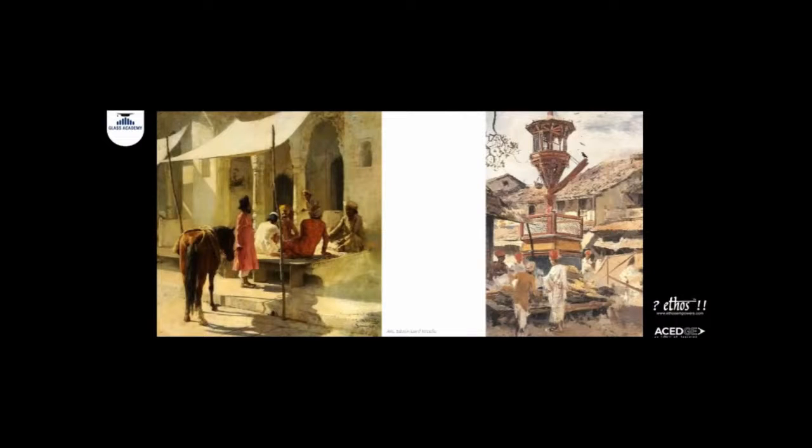So here we can see people casually hanging out just outside their house, and it is under a temporary structure. It's not even a permanent architecture, but it allows them to be with the city and be a part of the social fabric, or the in-between space between the buildings. And on the right hand side, we see a typical chabutara in Ahmedabad, where by virtue of that chabutara, one is able to create a little shop or a market below it. And that's where, again, a city provides an opportunity to interact with people.